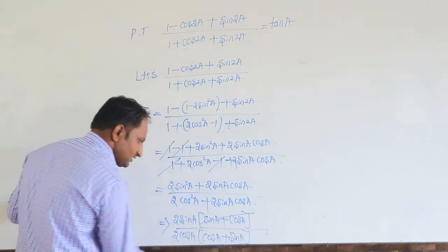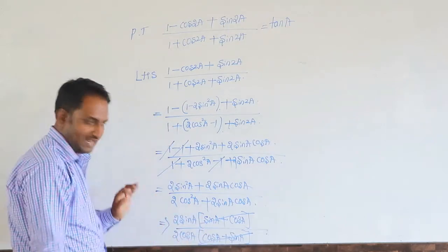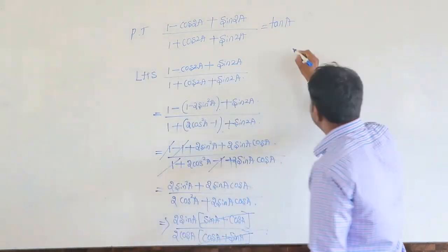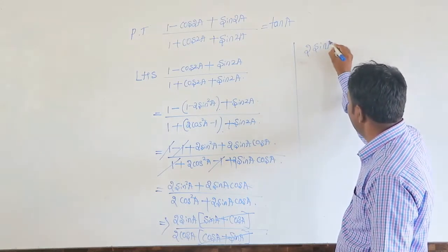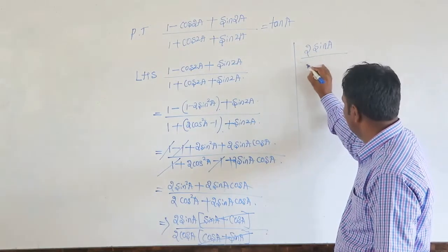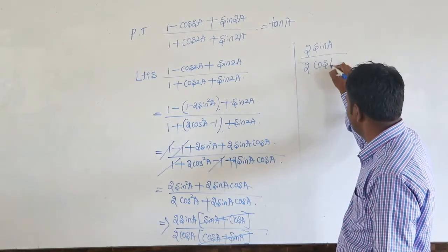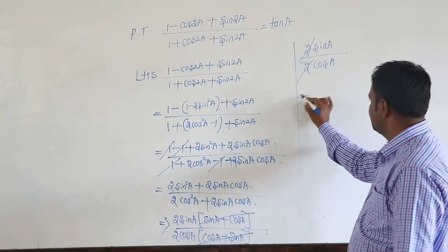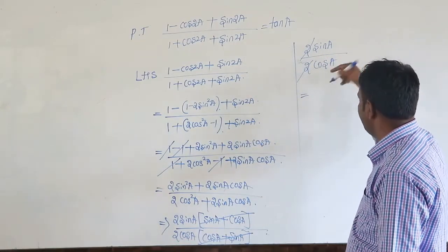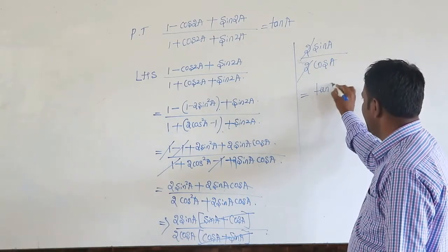Here sin a plus cos a get cancelled, remaining 2 sin a divided by 2 cos a, that 2 get cancelled, that is equal to sin a divided by cos a is tan a,